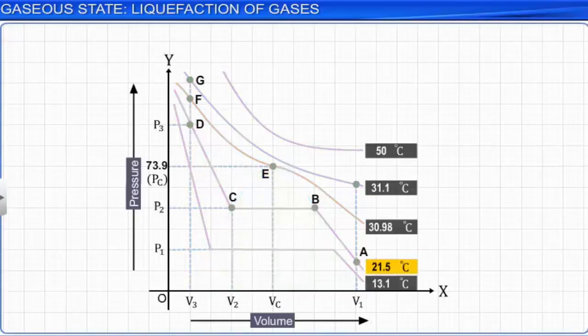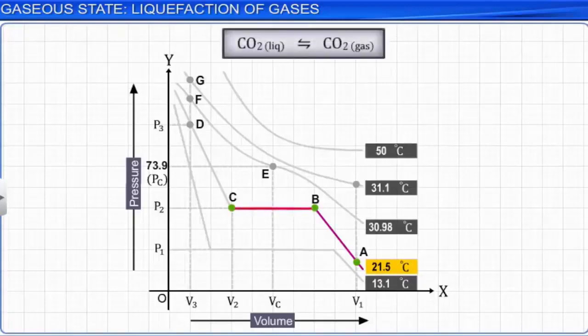At low pressure, carbon dioxide exists as a gas at point A. On increasing the pressure, the volume of the gas decreases along curve AB. The liquefaction of the gas starts at point B and continues along BC, which is evident by the sudden decrease in the volume. Both liquid and gaseous carbon dioxide coexist in equilibrium along the line BC. At point C, the liquefaction is complete,